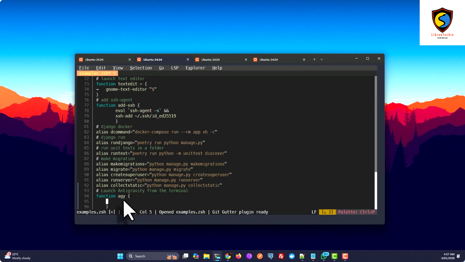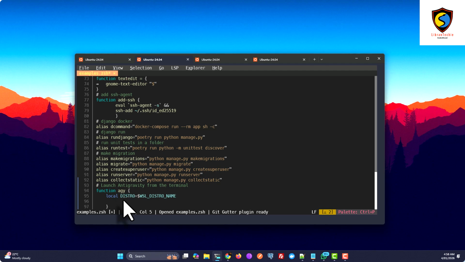So we first need to define a few things. Let's define the distro. So what distribution are you running on your WSL? For me, I'm running Ubuntu 24.04, but there is a way of picking that up automatically, so you don't have to remember. So there's this WSL distro name. So that will just return the name of your distro. So if you're using Ubuntu 20 or something like that, it will just pick it up,